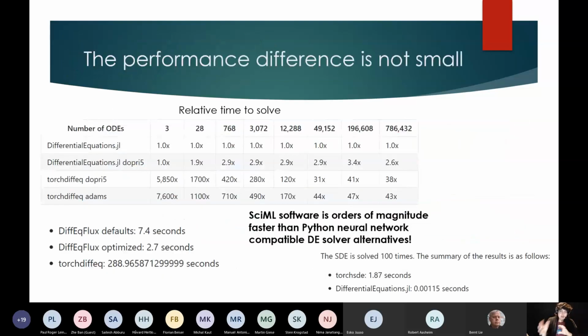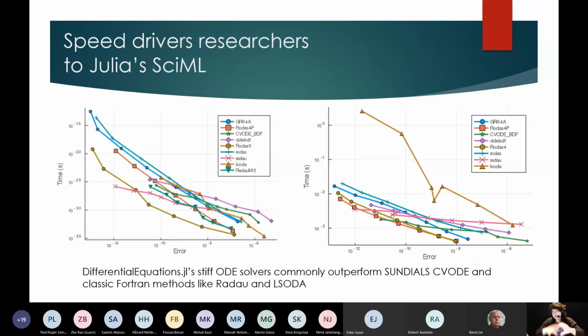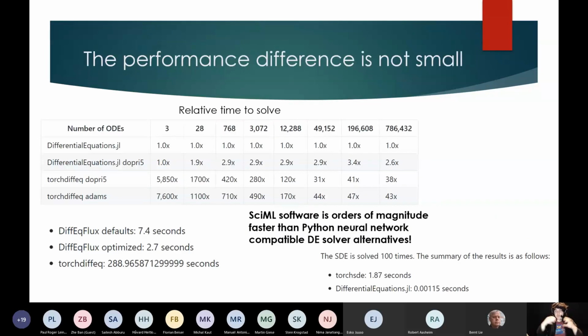And now the timing difference that you see against the other neural network compatible libraries is not small, right? Because what we're doing is we're starting from an ecosystem which started from just being high performance differential equation solving. And then we made sure that the library was extended to have this neural network compatibility instead of starting from scratch. So if you start from scratch instead, for example, there's this torchdiffeq library built in PyTorch, which first of all only has a fifth order non-stiff ODE solver. It doesn't have all the bells and whistles.